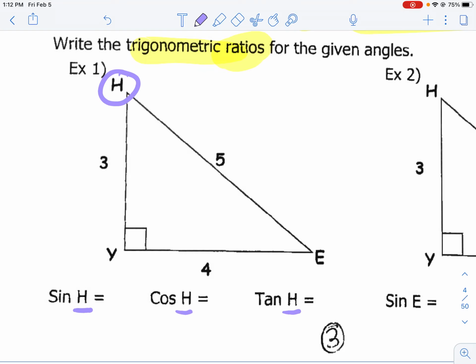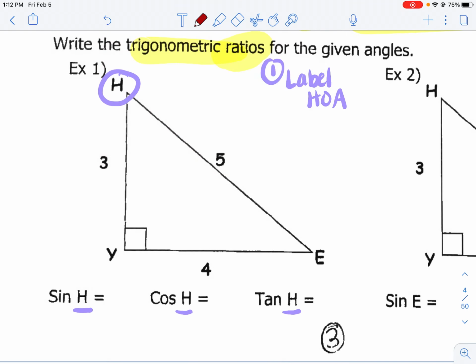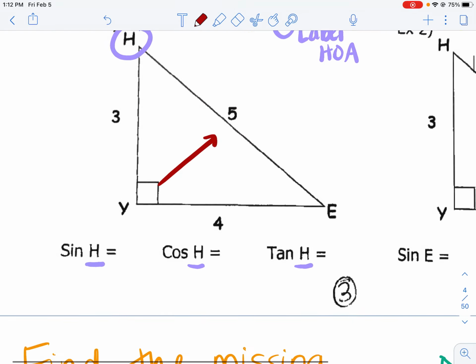Okay, so let's start. Our first step is always going to be labeling H, O, and A. So I'm going to start by labeling H. Here's my right angle. I'm going to go across. Oops, sorry guys. This is the hypotenuse. It's across from the right angle. And then,